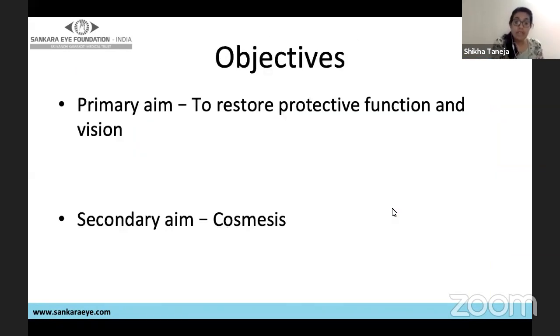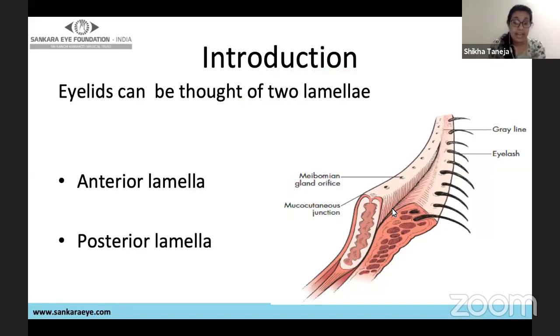Now, the primary aim in eyelid reconstruction is always to restore the protective function of the eyelid first, and the vision, and then cosmesis comes. No matter what, we cannot put the protective function at stake for cosmesis. Whenever we look at the eyelid, we should always have a mental picture in which